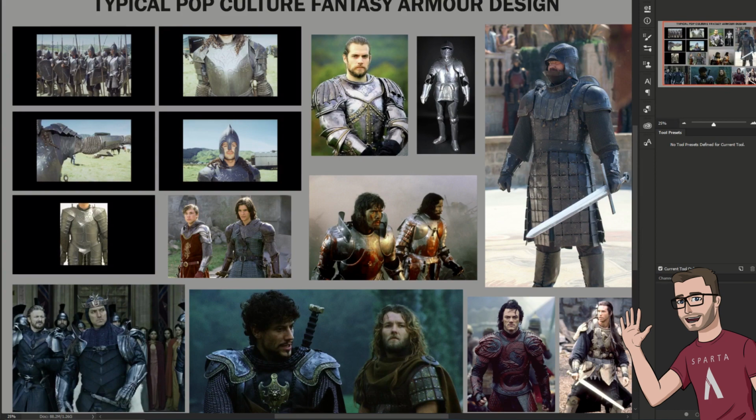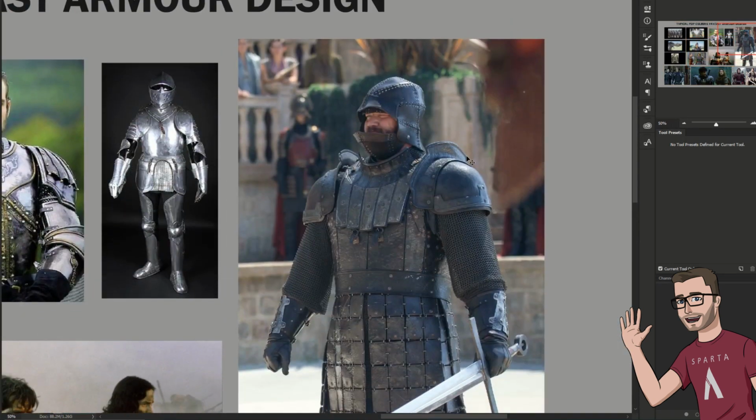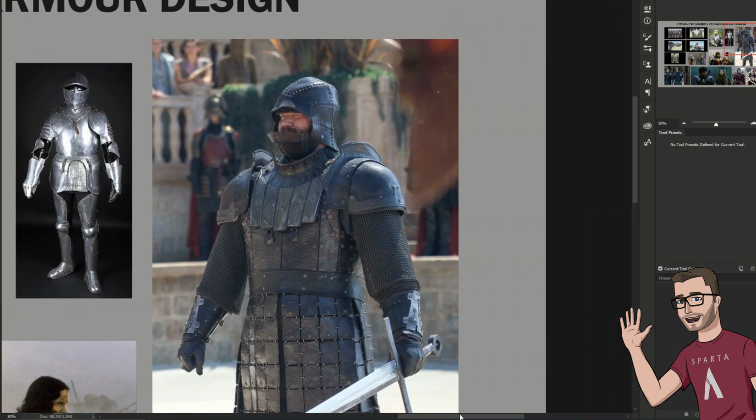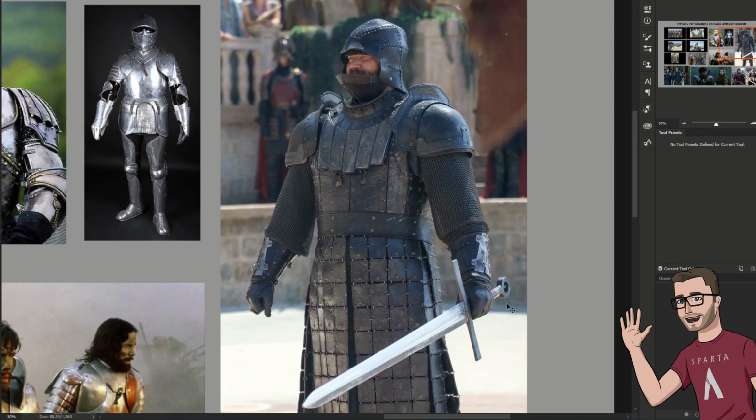Okay, so I'm going to go through a few designs of armor that were created in the past. I'm going to start off with the one that I hate the most, and that is Gregor Clegane's armor that was designed for his battle. Not battle, his duel with, I think it was the Viper. So what do I hate? It's a strong word, isn't it? But